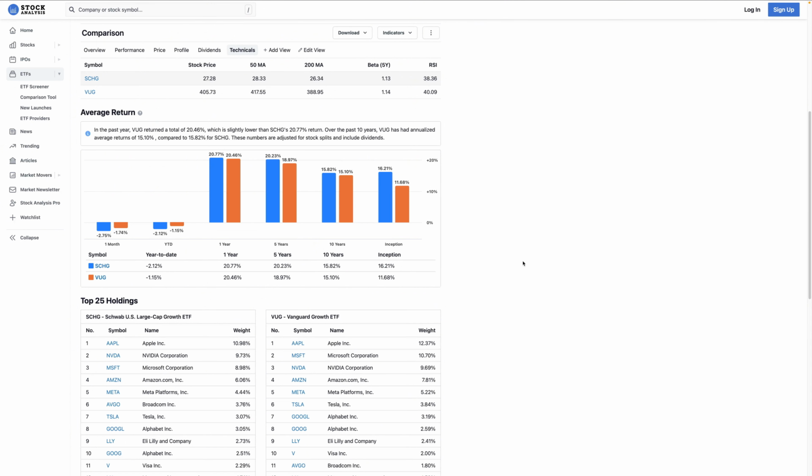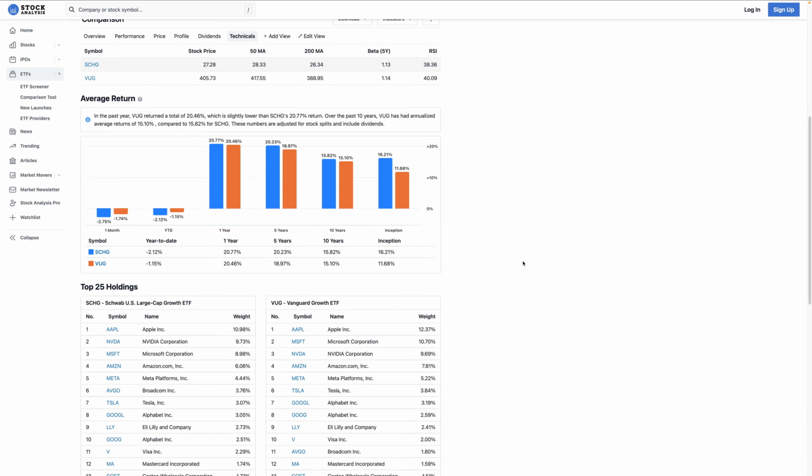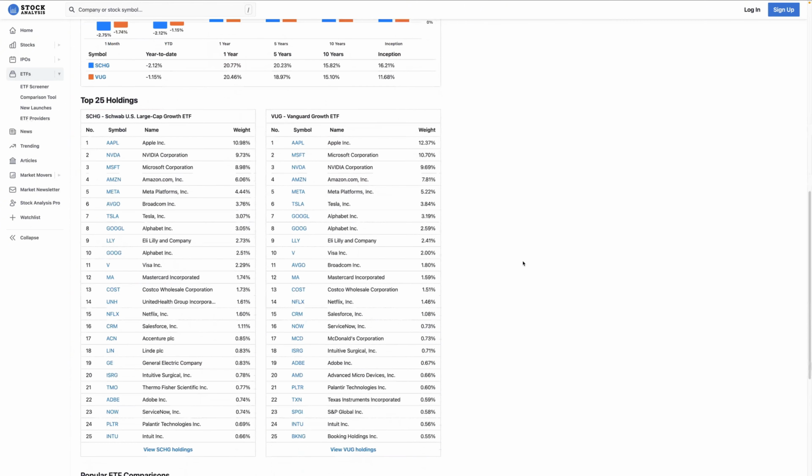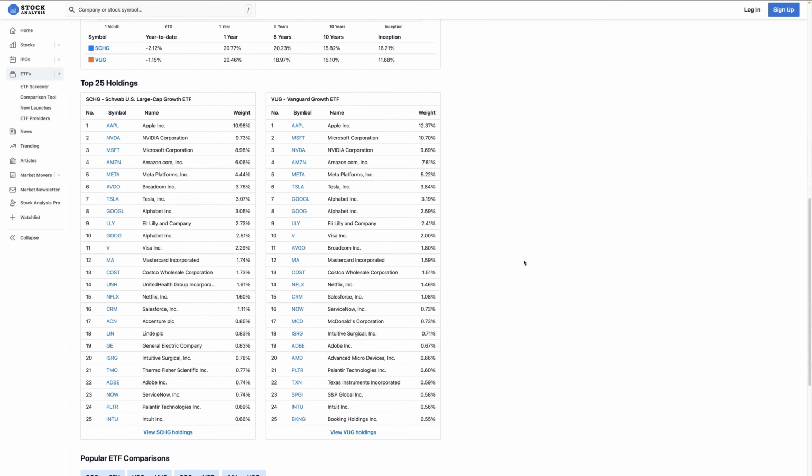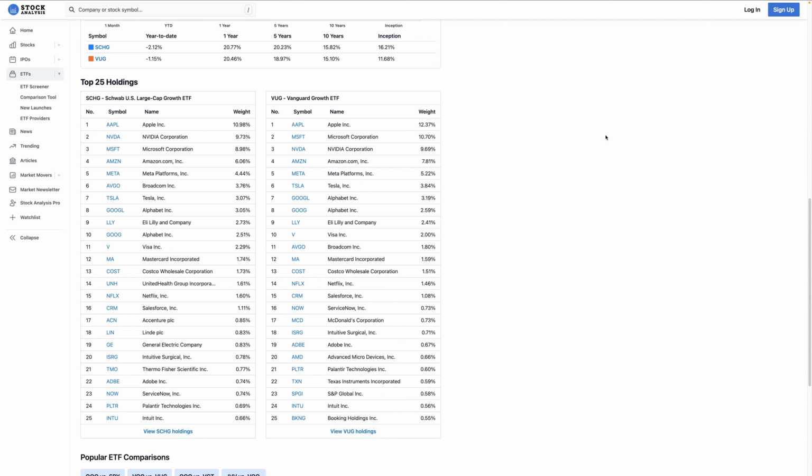As we all know, February just ended and we're going into March. So let's see how these funds compare, but it's interesting to see. So we can come down to the top 25 holdings and we can see that they are almost identical. They differ in some ways, but in other ways they are very similar. We can see the weight in each category here, but I think the most important thing to note here is